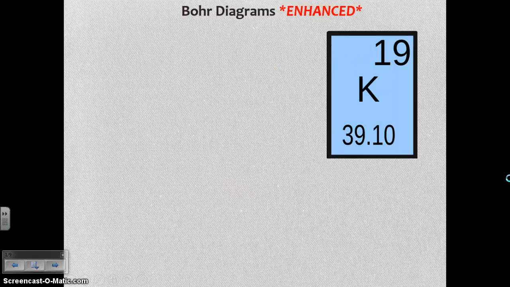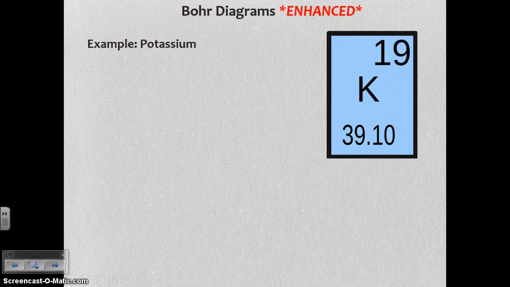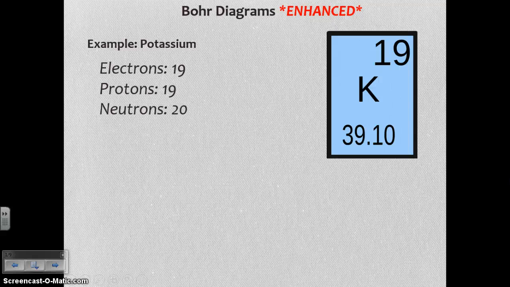Well, let's actually look at an example of a Bohr diagram. Again, we're going to keep going with potassium. So, how many electrons does it have? What's that? Yes? Aaron, what do you think? 19? Why 19? Because that's the number of protons it has, and because one's a positive charge and the other's a negative charge, there needs to be 19 of each for it to balance out. You'd be 100% correct. Well done, Aaron. Well done. Anyway, number of electrons is 19, protons is 19, and as we calculated earlier, the number of neutrons